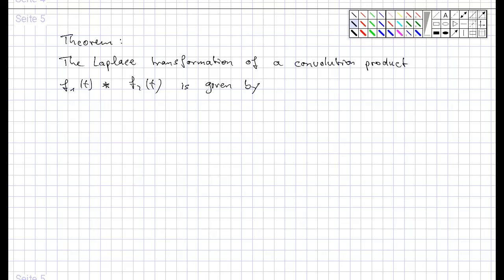So let's write down the Laplace transformation of f1 of t star f2 of t